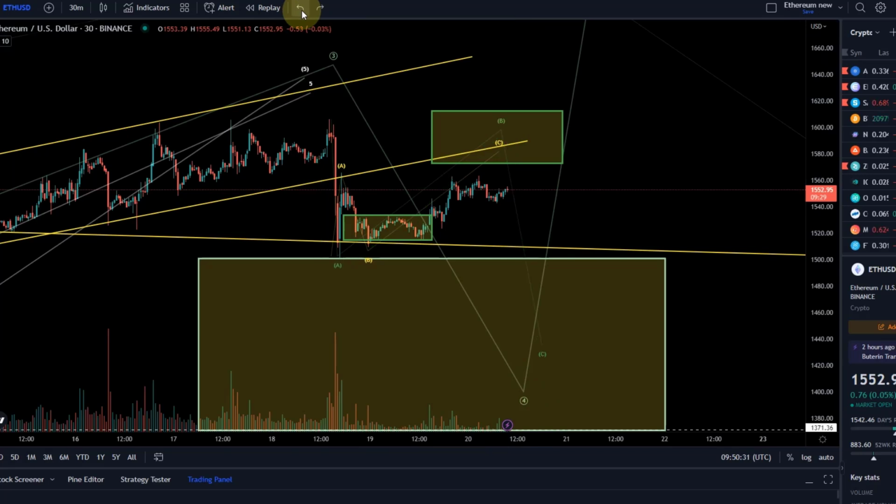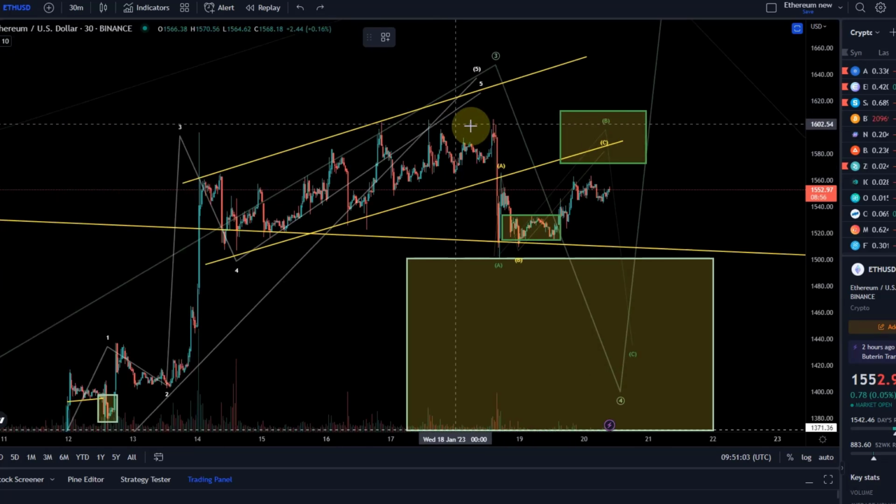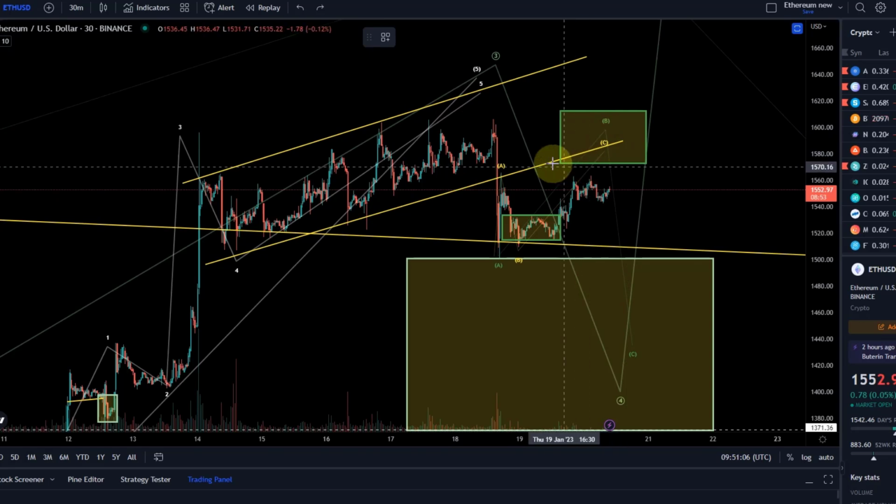I mean, that here was a spot on entry. If anybody entered here, unfortunately, I myself got stopped out because it dropped like $1 below my stop loss, which sometimes just happens. But since then it has been moving up, and I provided yesterday to channel members a possible area for this B wave to get into. It doesn't need to get into it, but that was more an idea where you can expect a B wave to get into when it gets to its extremes, just to highlight that you can get slightly overshooting B waves.